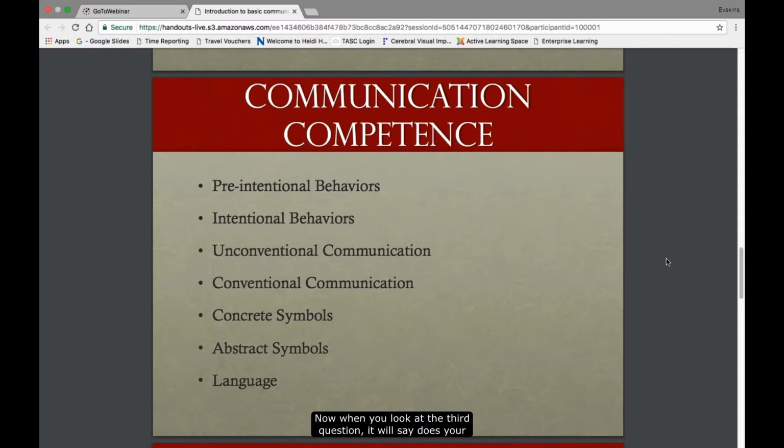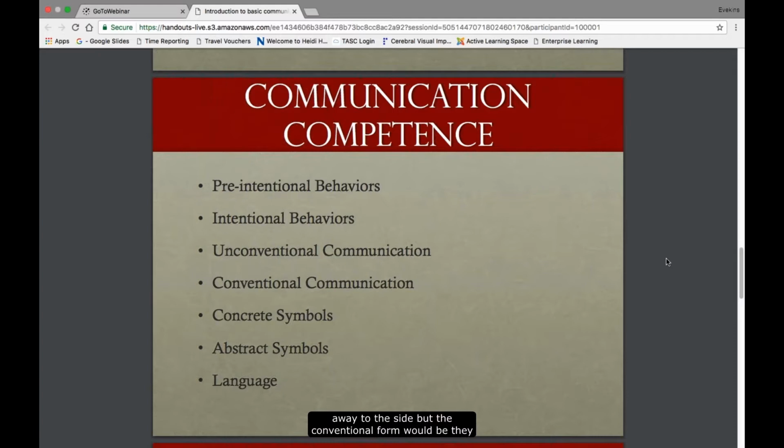Now when you look at the third question, it says, does your child intentionally show you that he or she doesn't want a certain thing or a certain activity? That's where you start getting into that unconventional communication. Or maybe for our kids it's not unconventional. This is where I said some of it crosses over a little bit, because maybe it's a leg movement or turning their head away to the side.